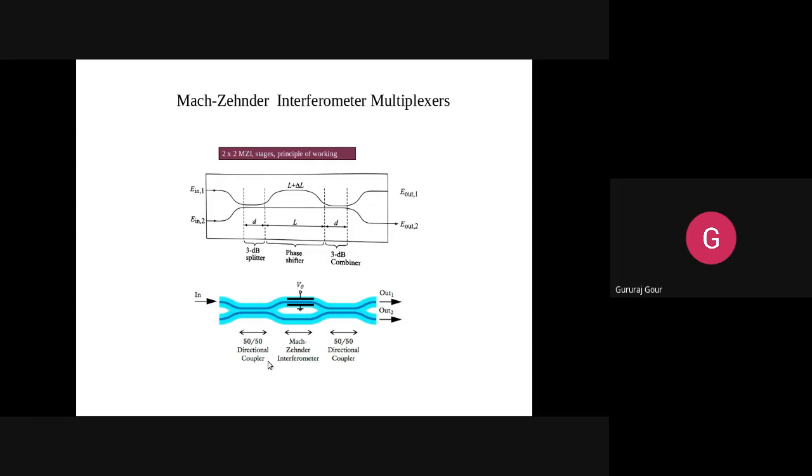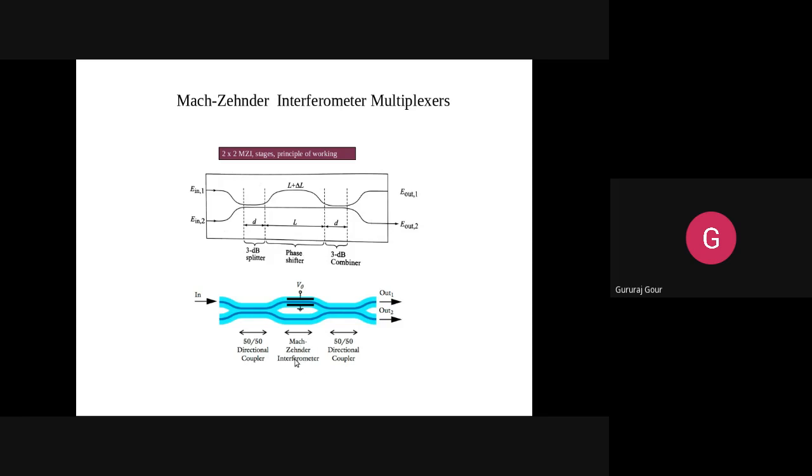So the first one is acting like the directional coupler itself has been used as a 3 dB splitter and a combiner. Initially the directional coupler has been used as a splitter, which is going to split these two signals, resulting into the straight line and the curved path for these two light rays.